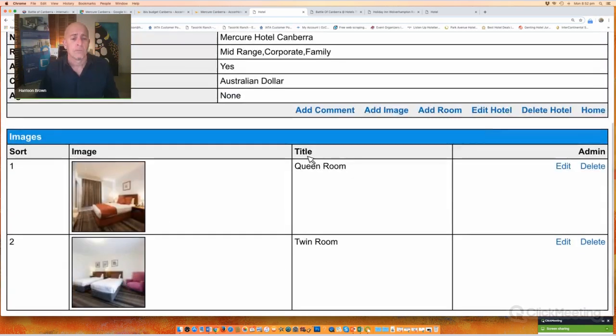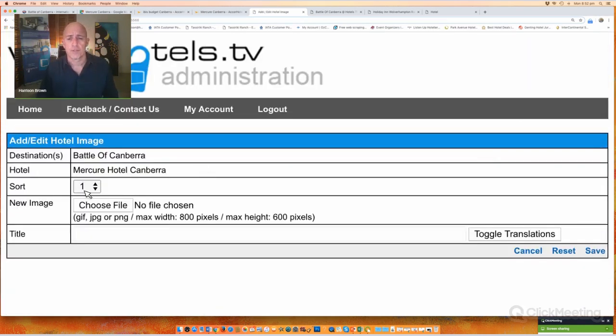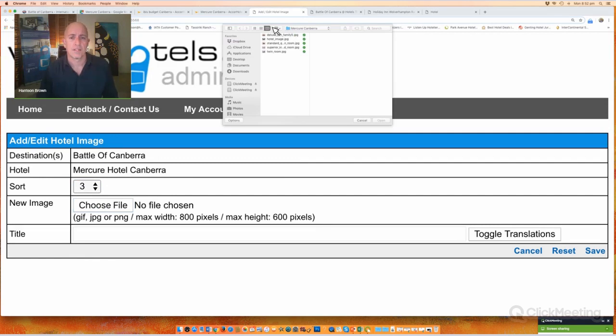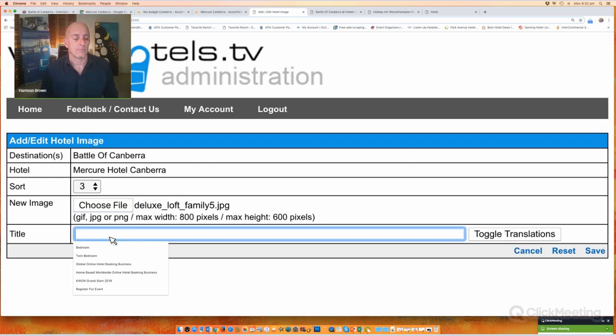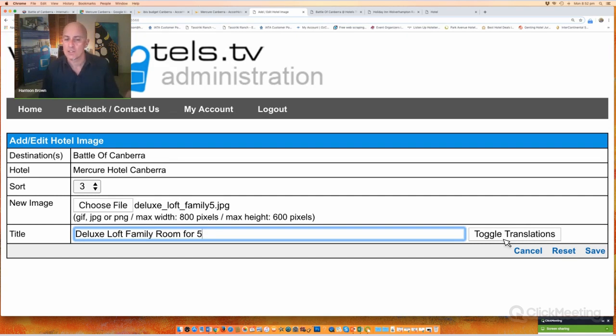Okay, now we've got the twin room. So let's add another image, number 3. Which one do I want? There's a loft family suite. I think that would be popular for this event. So I'm going to actually put the deluxe loft family room for 5, I'm going to call it. So that's not actually the name,